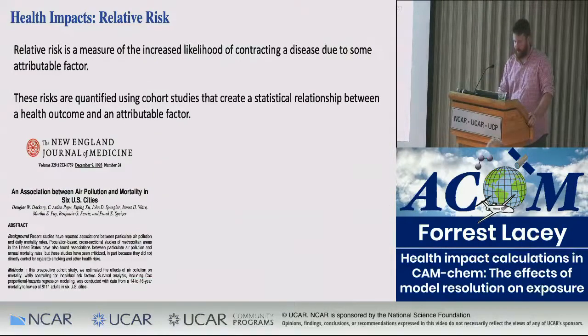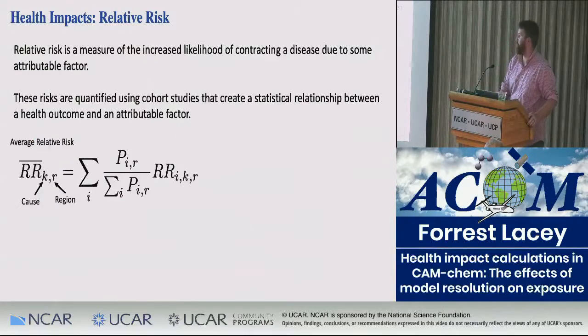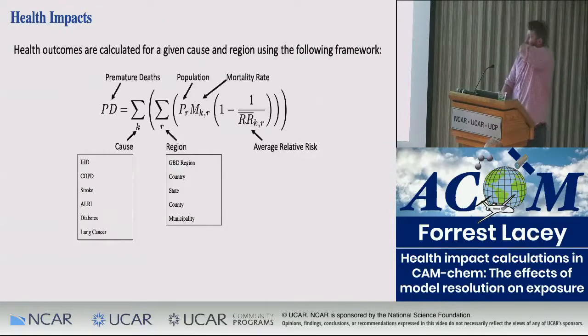So if you just quickly go back to this function right here, you need to have a baseline mortality rate for a region. So that's something that varies depending on where you live. But then you also need to calculate what your relative risk is, and that's a function of air pollution. So the mortality rate is just a function of where you live, and then the relative risk is a function of what you're exposed to. So you need both of those. Healthcare would come in the mortality rate? Yes, quality of healthcare comes in the mortality rate.